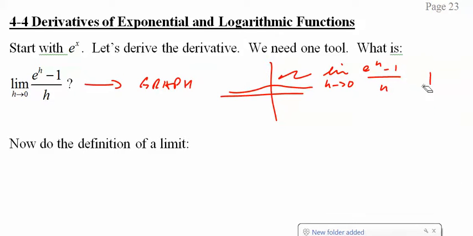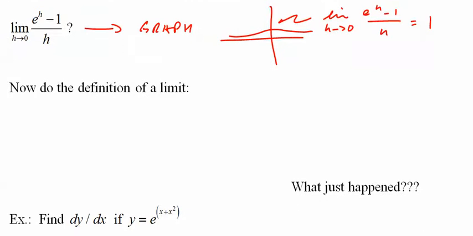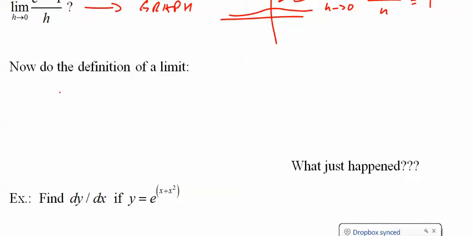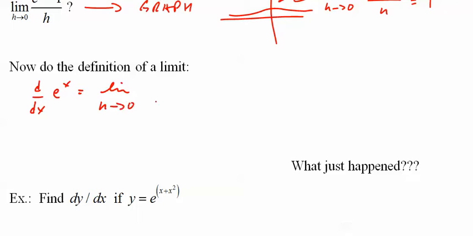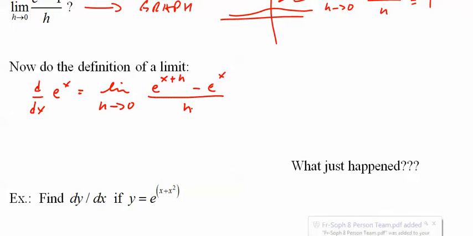So now we're going to find the derivative of e to the x. d/dx of e to the x equals the limit as h approaches 0. And this is something you really should pause this and make sure you remember the definition. e to the x plus h minus e to the x, over h, equals